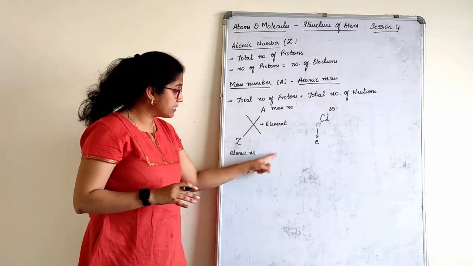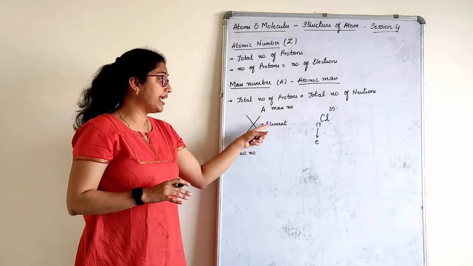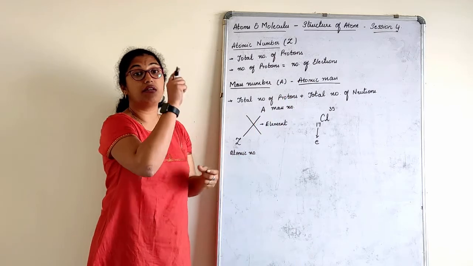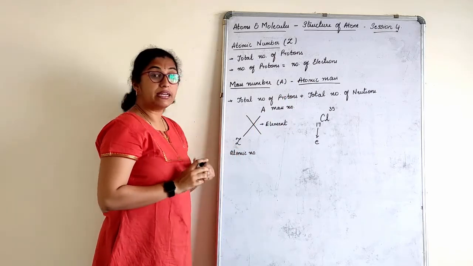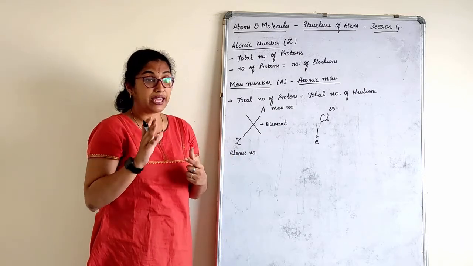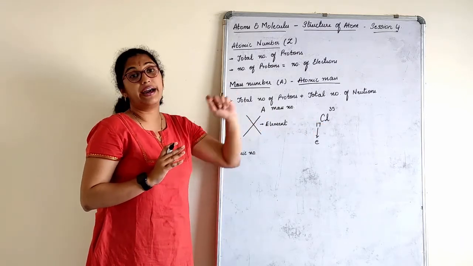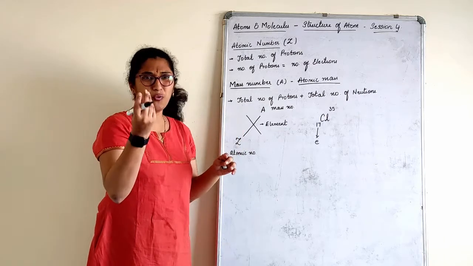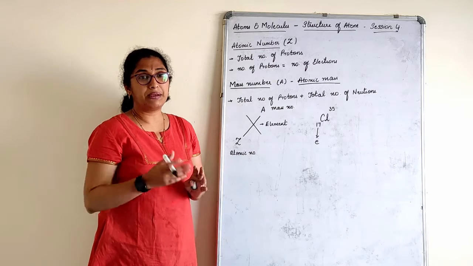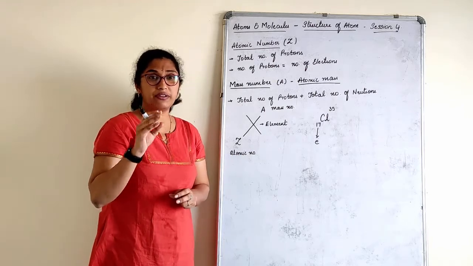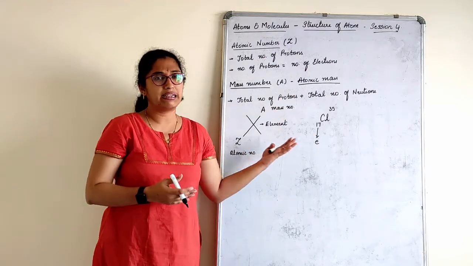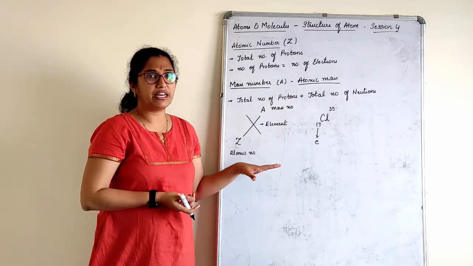This is a basic representation of an element where X denotes the element. The mass number should always be written on the top right. The atomic number should always be written on the bottom left. That's the way you write it, the way I have represented. We have 1 or 2 basic small numericals where a mass number is given, find the atomic number, or electrons and protons are given, find the mass, or neutrons are given, find protons, something like that. We'll see that in the numericals part when we are solving.